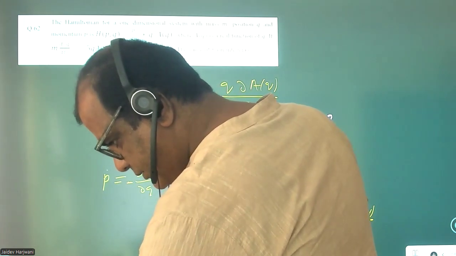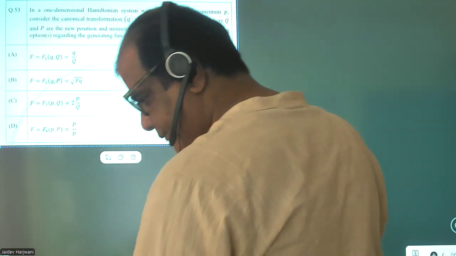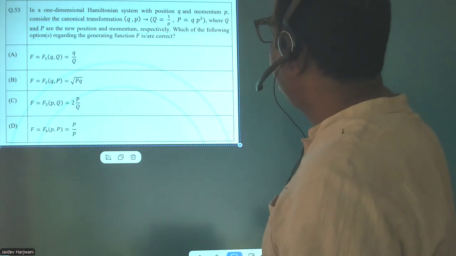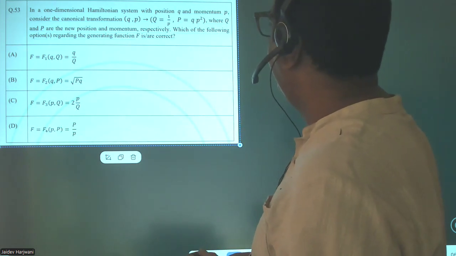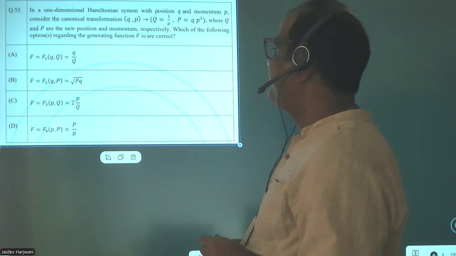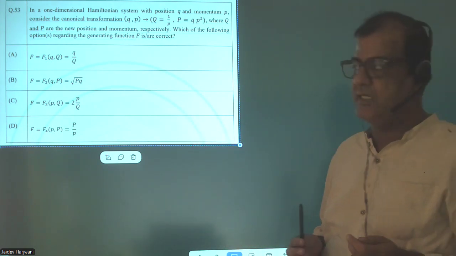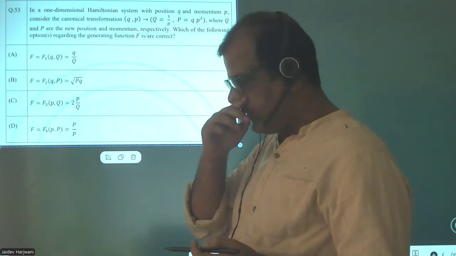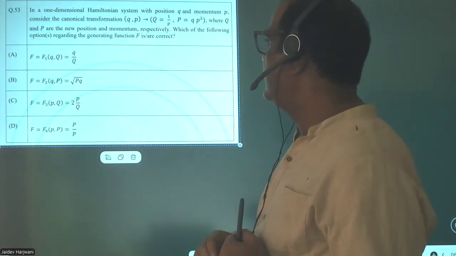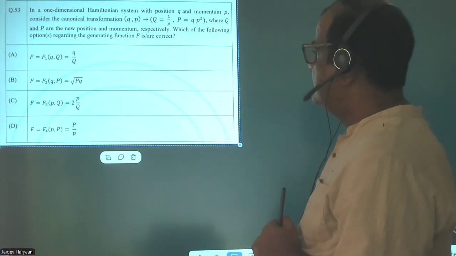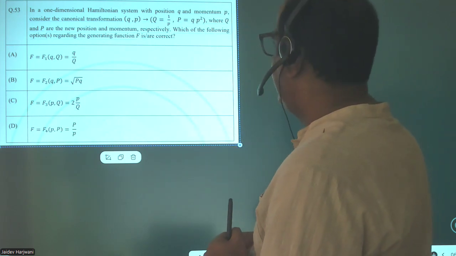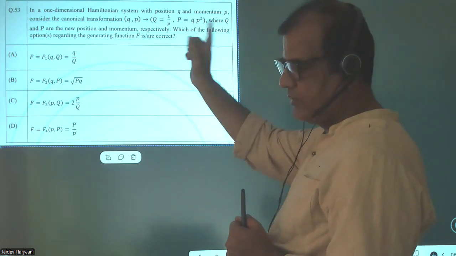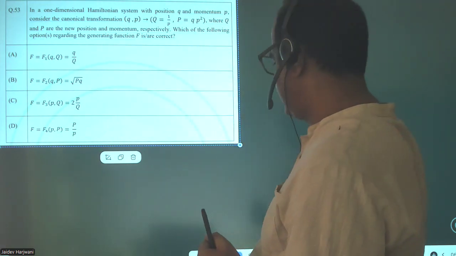So let us see one more question. Here the question says that you have been given a canonical transformation, okay? Now, which of the functions are the generating functions for this canonical transformation? So you can do it in two ways. You can assume these generating functions are correct and try to get these expressions back. I'm going to do the other way. I know I am assuming I have the canonical transformation, I will calculate the F1. You can do it the other way, you can assume the function and prove this one. So let us